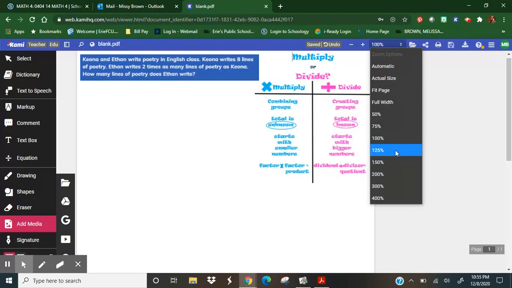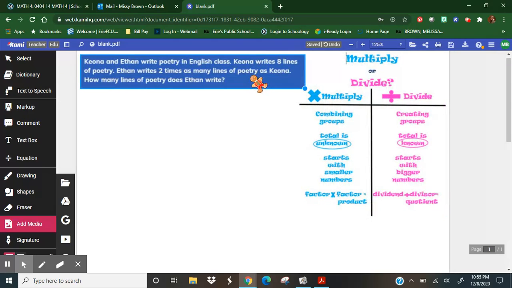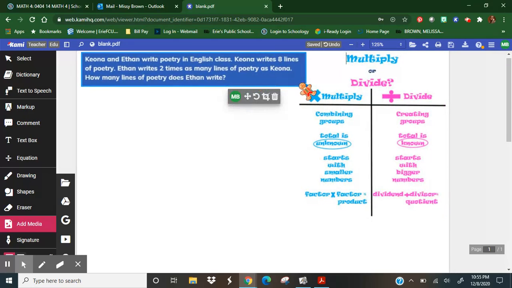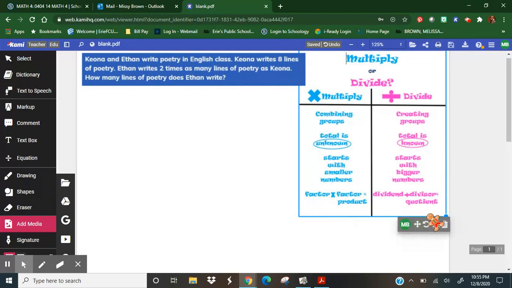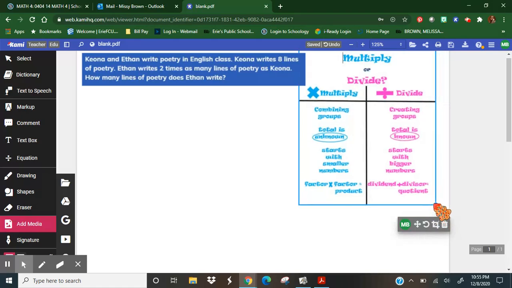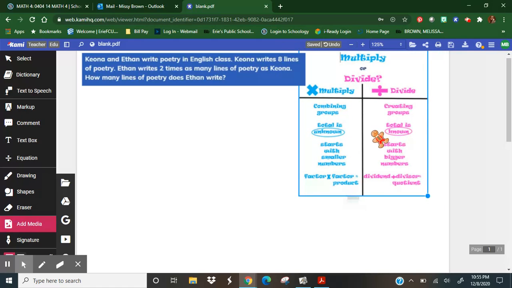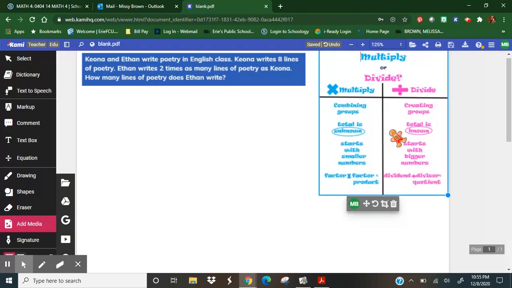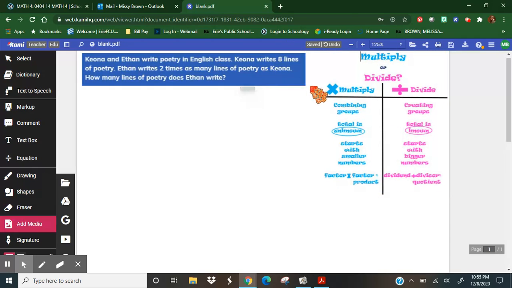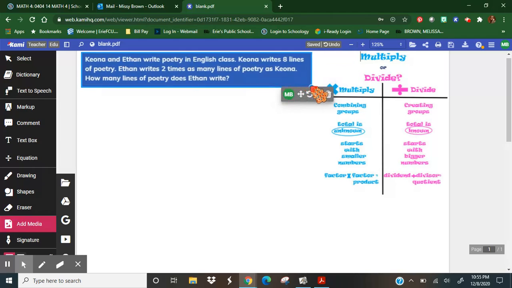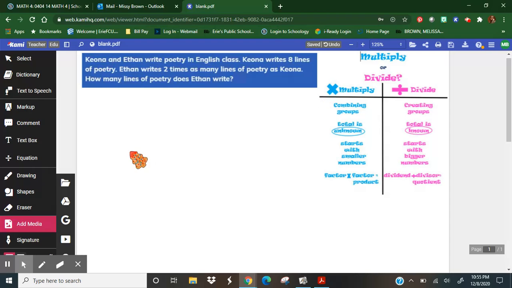Make this a little bigger. And you can see that I am able to completely adjust things just like I would on a Google Doc or in Google Slides. But I'm going to show you at the end how you save it so that the students cannot move anything. So now that I have the problem there and I've got their reference sheet for them,